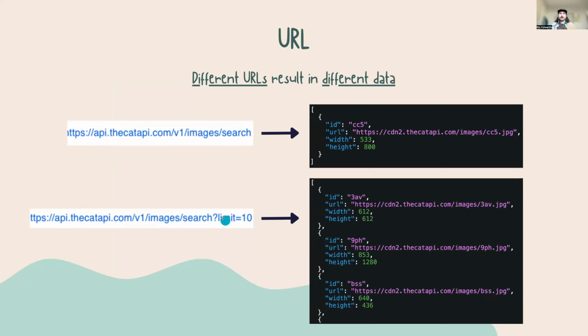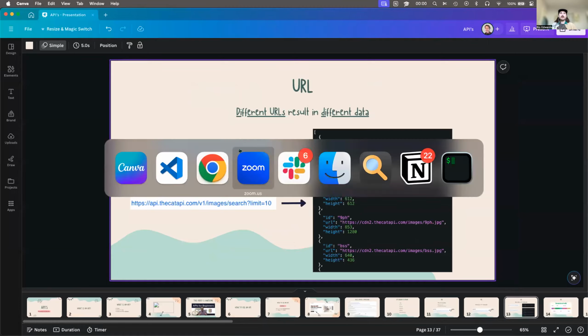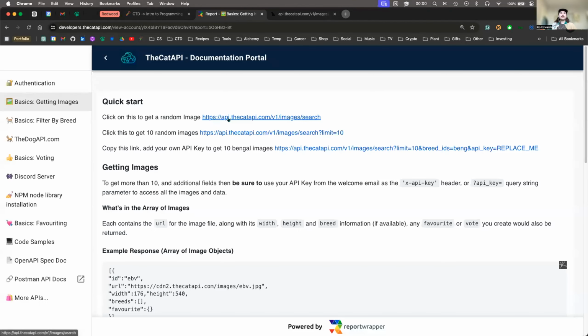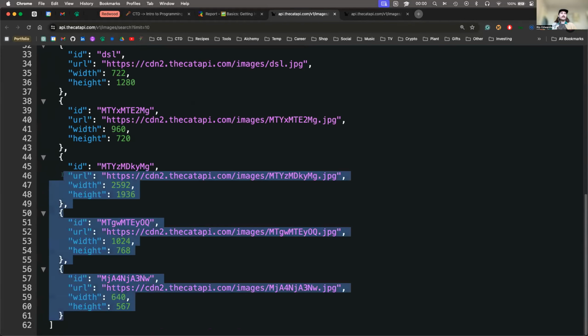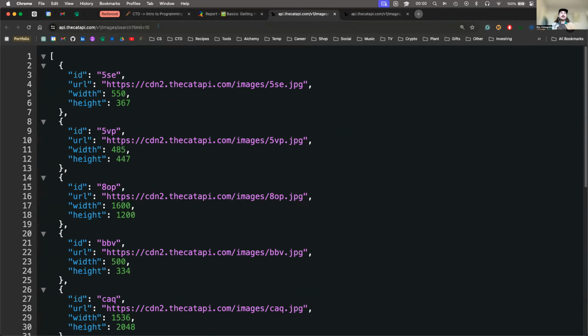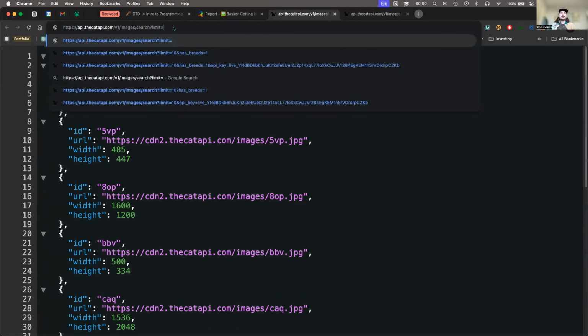Every API is going to be a little different, but some of them will include an opportunity for us to change what we get back based on the query parameters. So here I'm saying I want 10 cats back. And I could actually show you in my browser, if I click on that URL, which is right here, I get 10 cats. If I were to change this 10 in my URL to like 3,